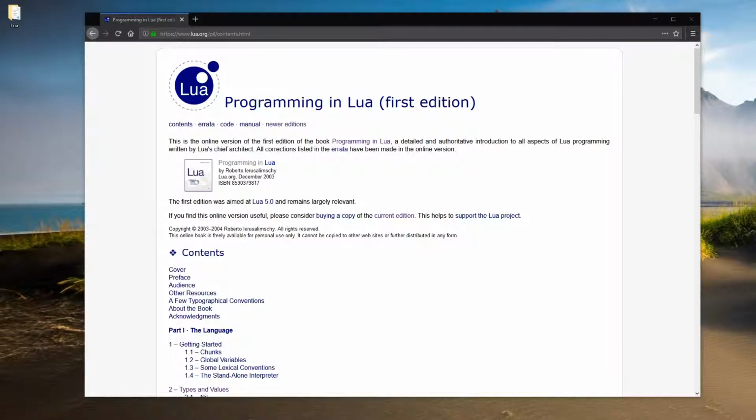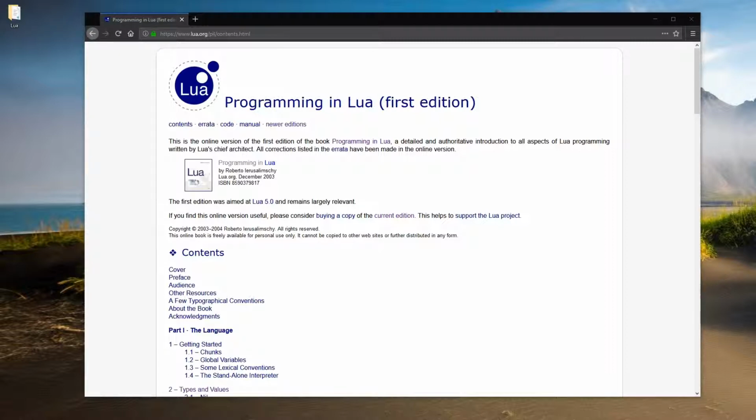Alright, welcome back to Lua for Beginners. This is going to be the last tutorial in the Beginners series. So after this tutorial, we're going to move on to some more medium level stuff. Not exactly difficult stuff, but just stuff that I wanted to separate from the Beginners tutorial just because it's a